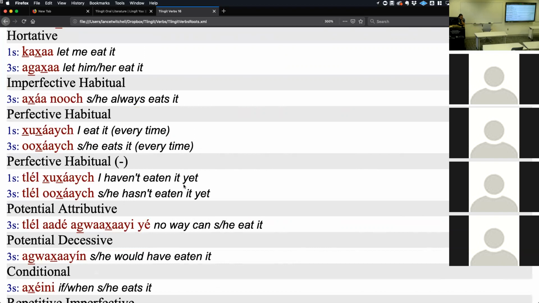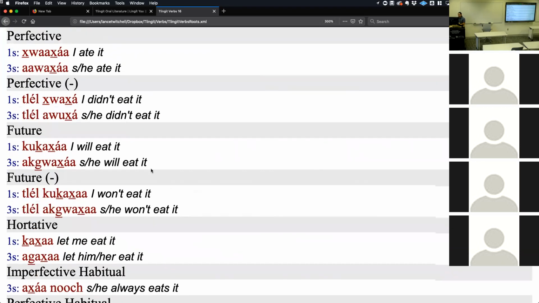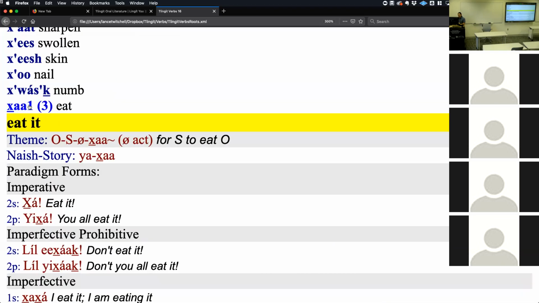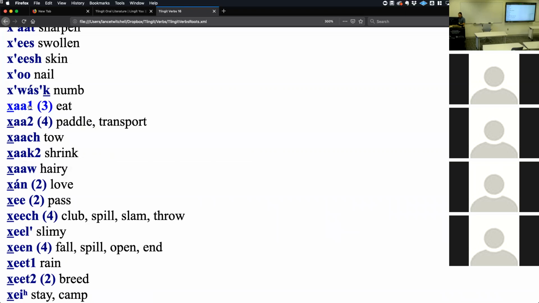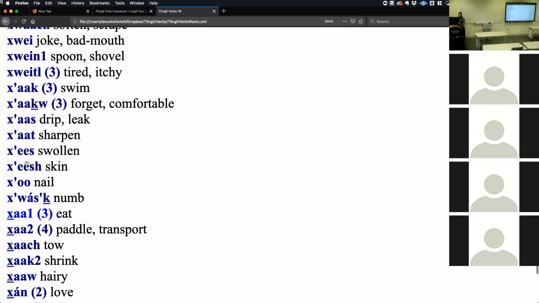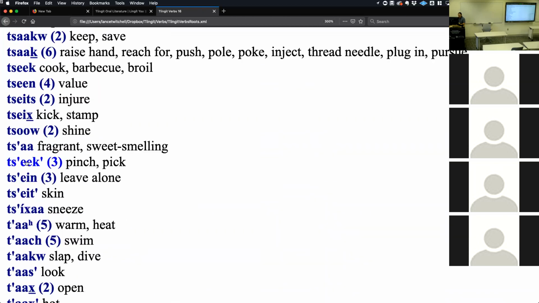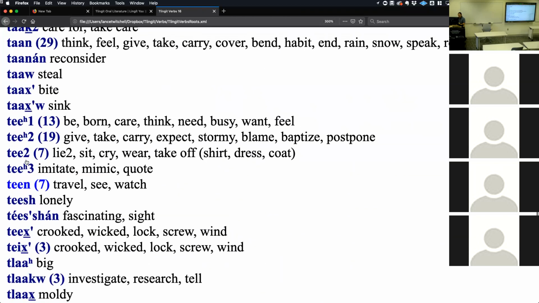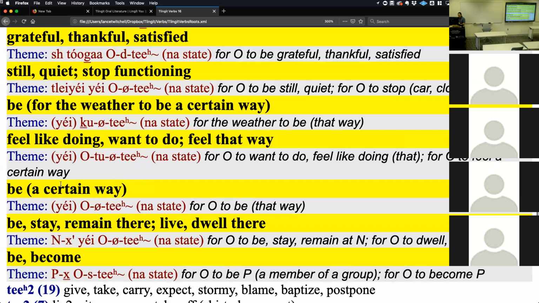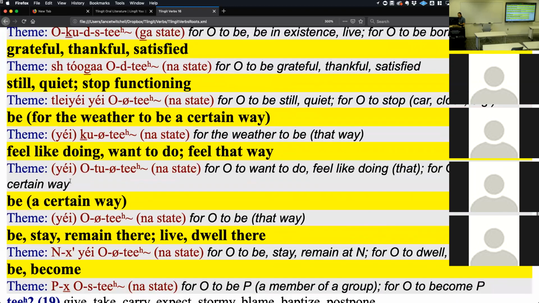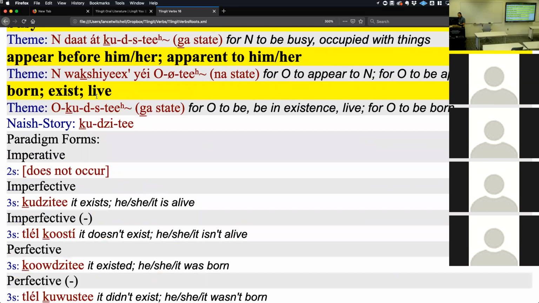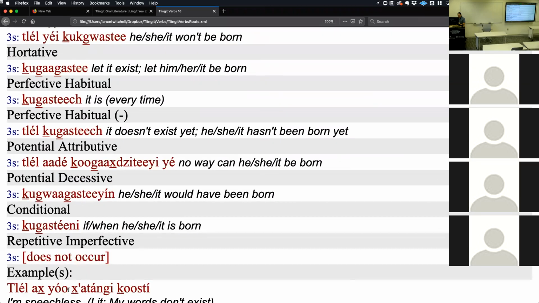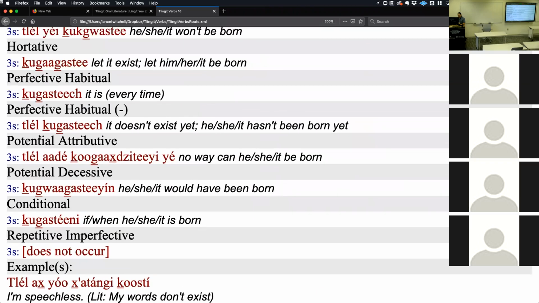But it's not like I don't eat it, I just haven't eaten it yet. And so using these negative perfective habituals is pretty neat. Like, I haven't gone to sleep yet, I haven't read it yet, I haven't done my homework yet, you know. But then another cool thing that we're seeing from speakers is if you take the verb to be born or to exist, and for the negative perfective habitual, you're seeing